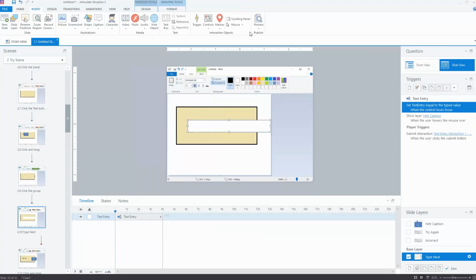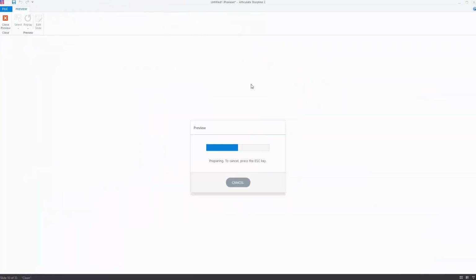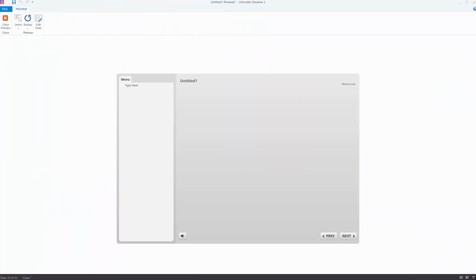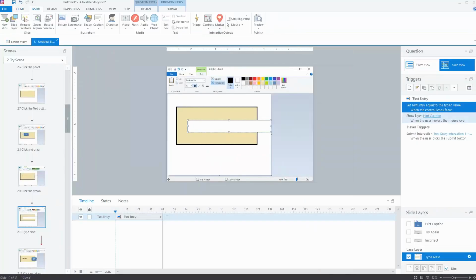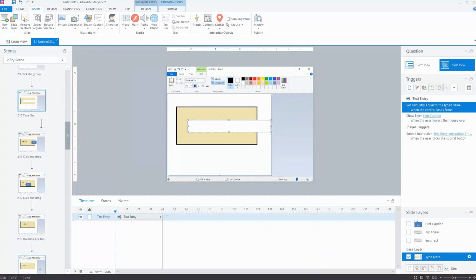here, if I play this slide, this is where I did a text entry. So you'll see that it's asking me to type the word next. So I can type next and I can hit enter, and it will then advance on to the next slide. So I can change that again in the hint caption, things like that, if you want to make sure that they follow